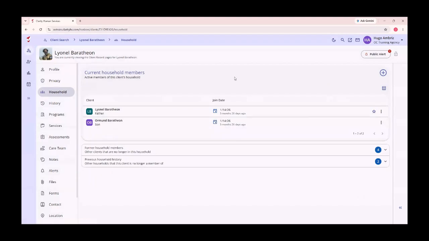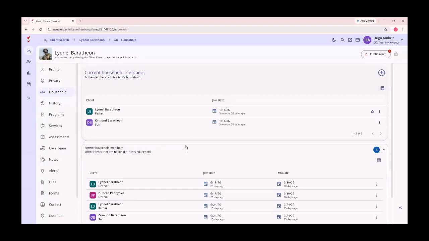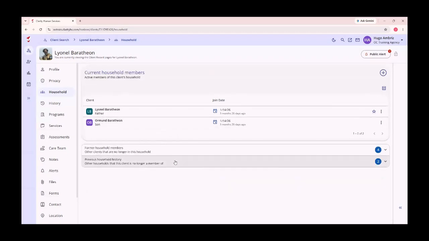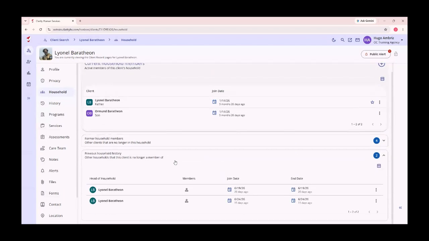Here we can see the client's current household. This current household member section will automatically be expanded because Clarity feels that it would be most beneficial for users to currently indicate which clients are active within a specific client profile. However, if you do want more granular information about, for example, former household members, you can expand this section out and see which former members were in this client's household. And finally, previous household history of which prior households this member was a part of but is no longer a